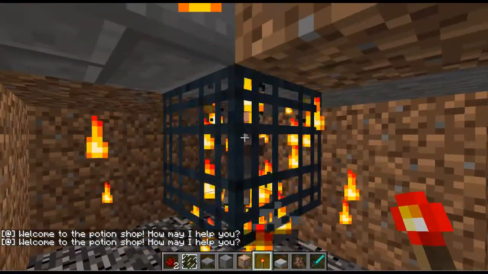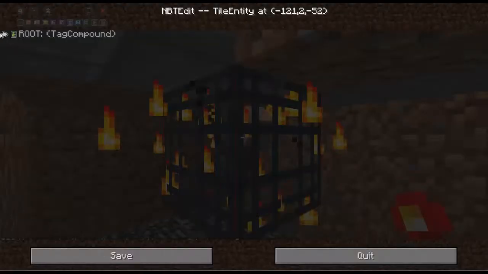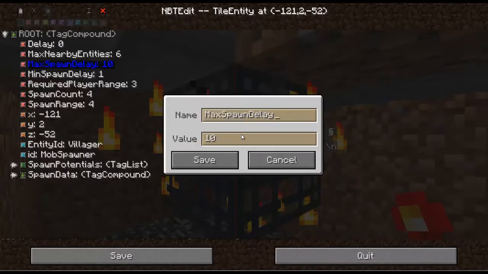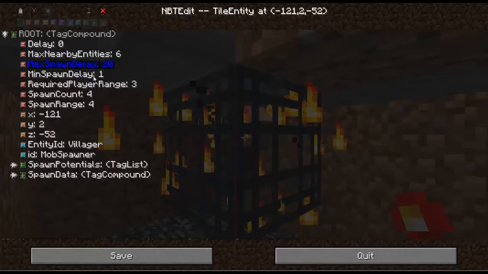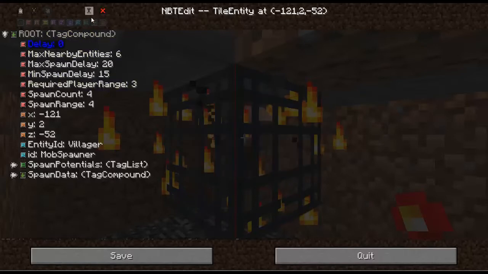So we're going to do /NBT edit. This is using the in-game NBT edit mod that we have. And as you see, he has a max spawn delay of 10. We don't want that. We'll set it to 20 because it's spawning way too fast. And then it has a min spawn delay of 1. We'll set that to 15. And then we'll set our delay to